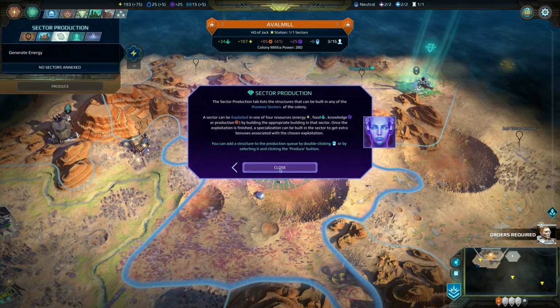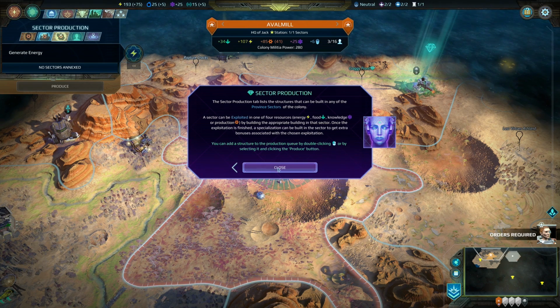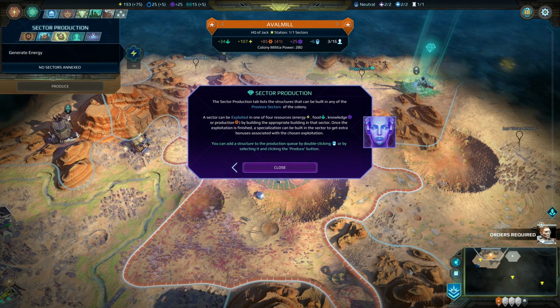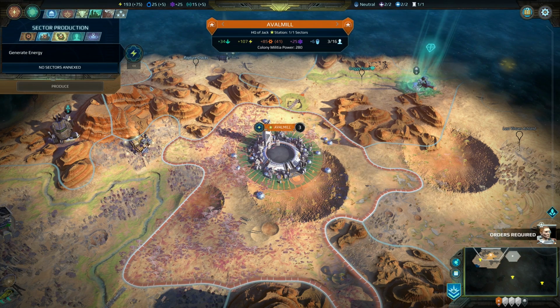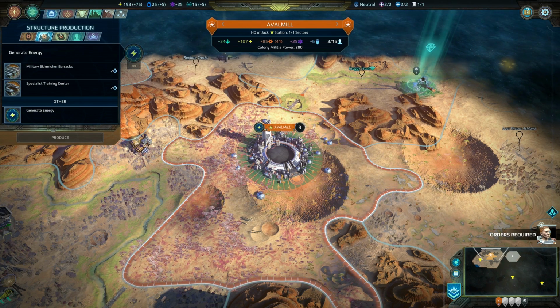Production tab lists the structures that can be built in any of the province sectors of the colony. So sectors we'll get into in a second, but it basically allows us to capture areas around and expand, and then use that towards our colony goals. The next thing I'm probably going to look at doing is...